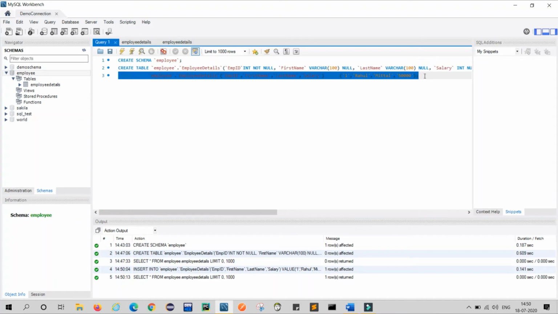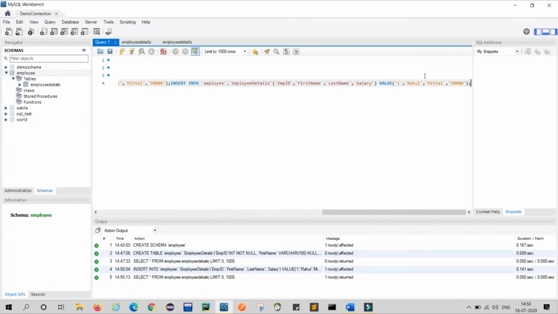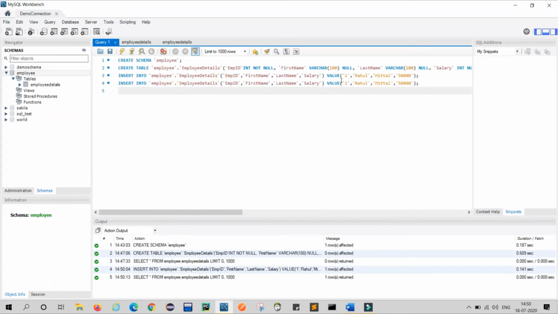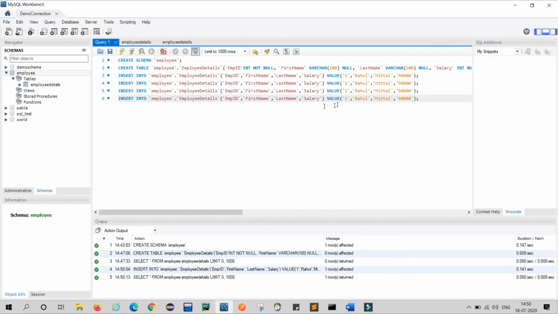So for this we'll just copy the same line and paste it 2-3 times. Okay, control Z, control Z. Okay, yes, just enter and again enter. So we will just change the values here to 2. In name I will write Richa. Last name we will write Goyal. Salary would be this.